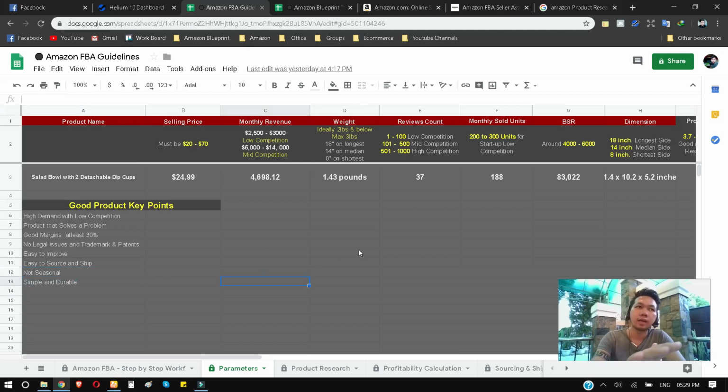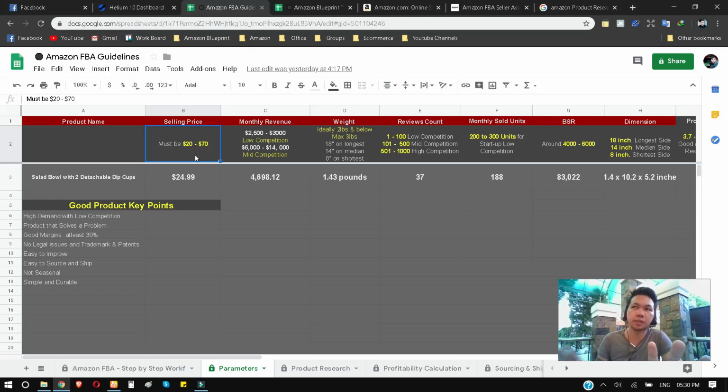Now the main parameters na pinagbabasihan talaga ng mga seller or any business owners sa Amazon, first is the selling price. So meron silang selling price point na hinahanap. As an example, let's assume that this is the parameters that we are following, yung binigay ng client. So let us say sa selling price, they are looking for a product that is between $20